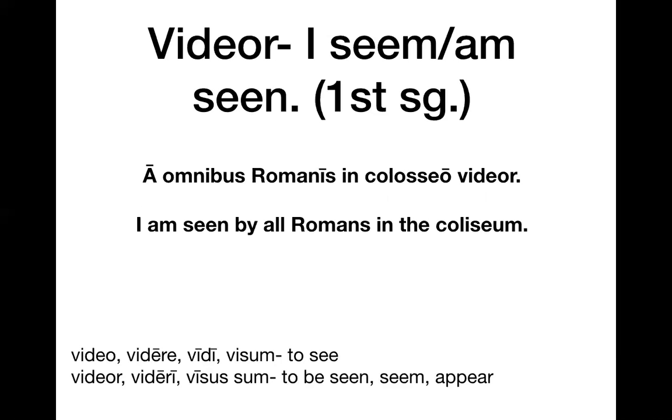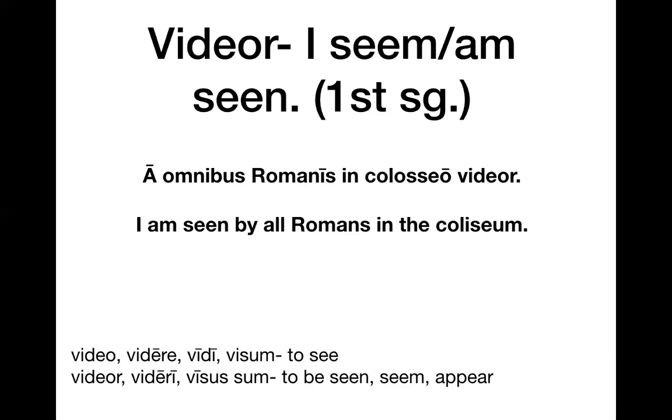Yeah, exactly. What case is Omnibus in Omnibus Romanis? It's the same case as Carminibus in the last sentence. What case and function is that? Or what case is Omnibus Romanis? I am seen by all the Romans. In Colosseo is obviously ablative, a place where, in the Colosseum. Omnibus Romanis is dative? You're close. It could be dative here, though. It's probably going to be, because it's not an indirect object, ablative. It's going to be ablative. And it's the ablative of what? The ablative of a secret